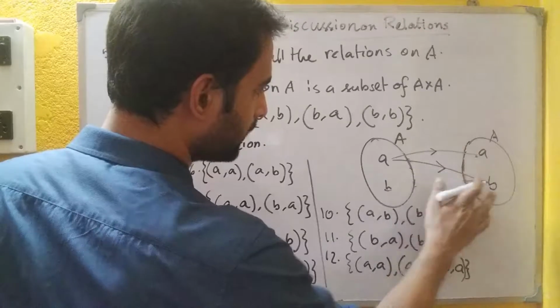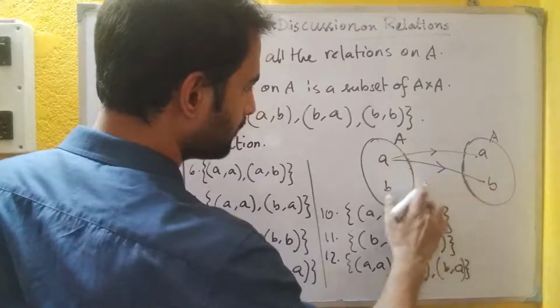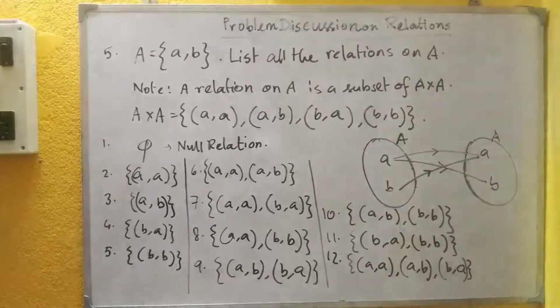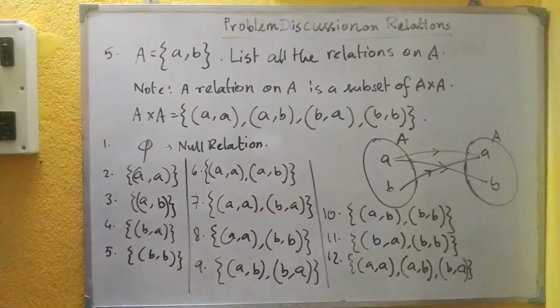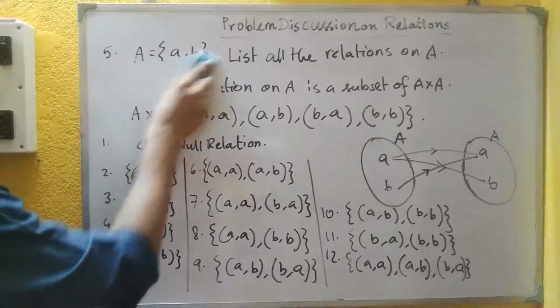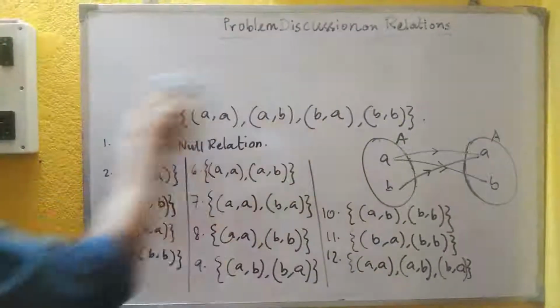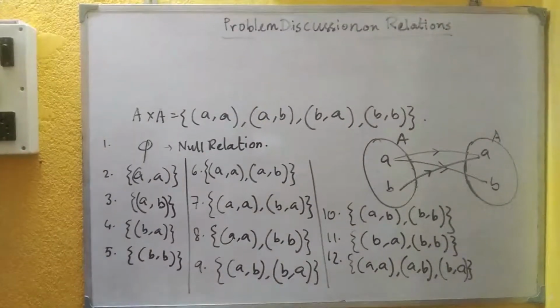Okay, so the previous one was okay. I erased it, so let me draw it again. B is related to A. In the same way, we can take the number 13,